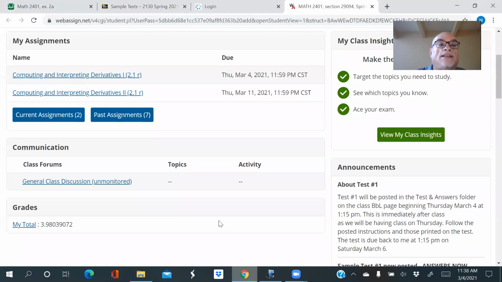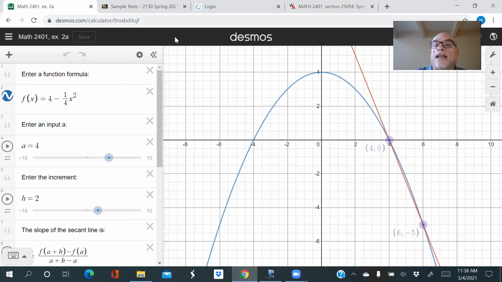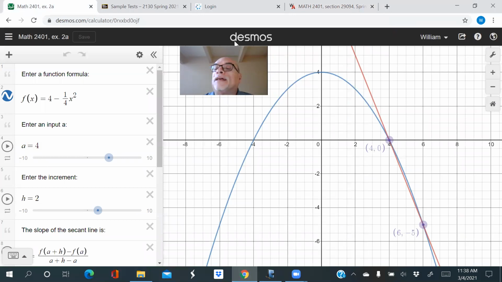So let me see if I can find Desmos here. I've already got this graph made here, and let me move some things around on my screen so that we can look at it. Here's the graph. That's a little bit obscured here, but there's enough of the graph that we can see what we're doing. And there, of course, is the input 4. And so remember, what we're going to do is